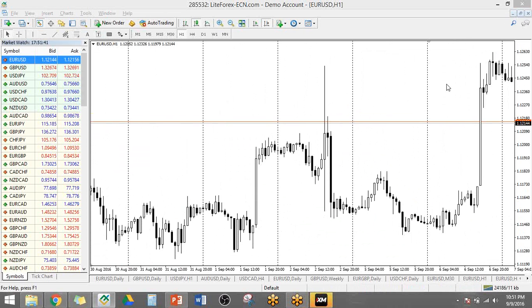Okay. So that's what ADR, or average daily range, is for. It basically gives you an idea on where prices can already reverse because they already reach the maximum amount that they usually stretch for the whole day. So you count it from the highest to the lowest point of the day.